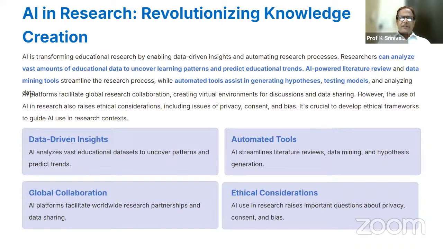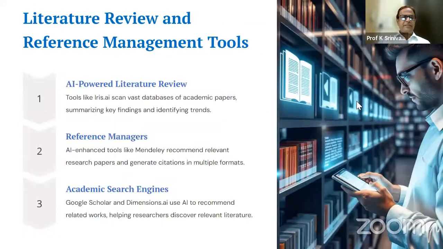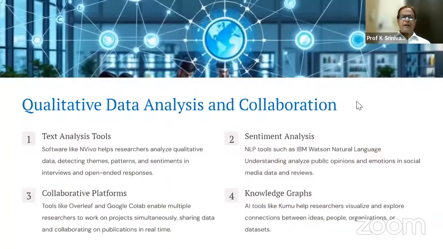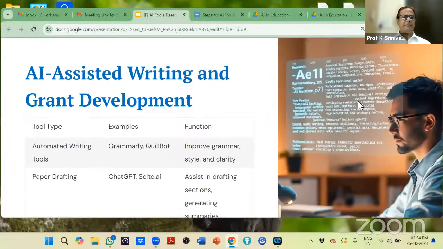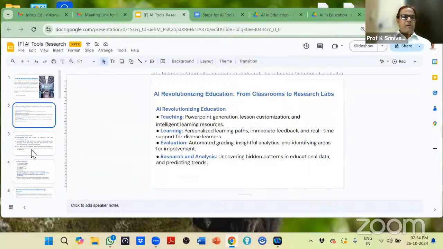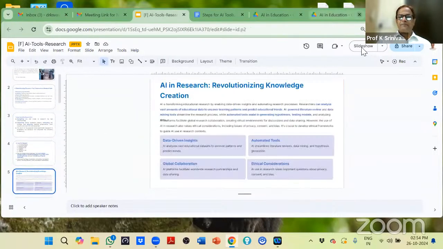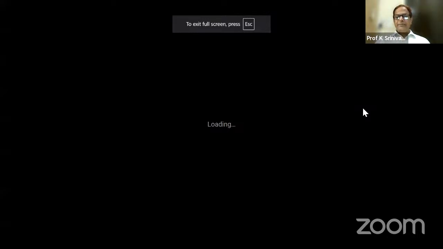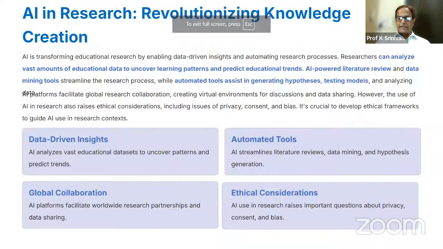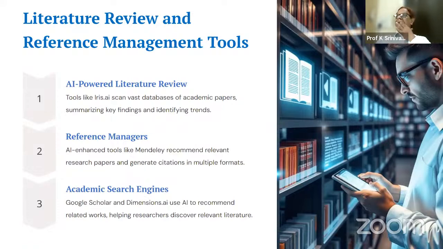And very importantly, we should also see the ethical consideration. AI use in research raises important questions about the privacy, consent and bias, और मैं लास्ट में इन चीजों को थोड़ा सा फोकस करने की कोशिश करता हूँ, क्योंकि ये सारे ये चीज भी काफी इंपॉर्टेंट है, अब सबको पता होना चाहिए। ओके, जस्ट थोड़ा सा आगे हो गया। ओके, द नेक्स्ट पॉइंट विच आई जस्ट वांट टू ब्रिंग, एथिकल, ये बात हो गई। सो अब एक एक करके